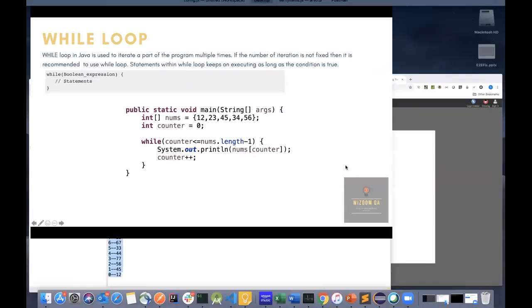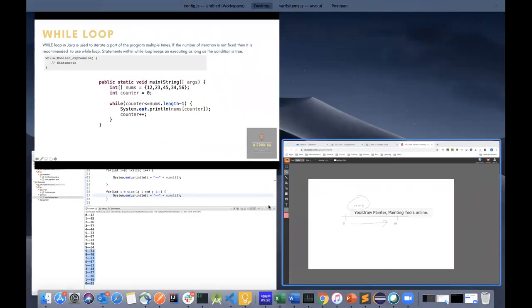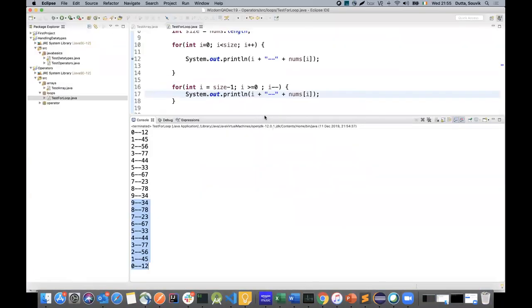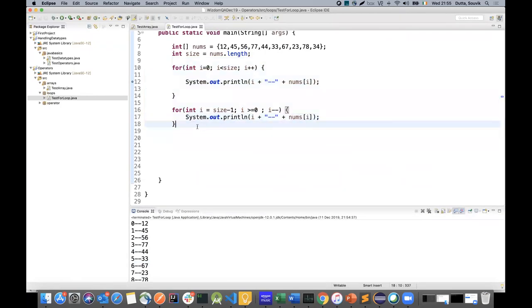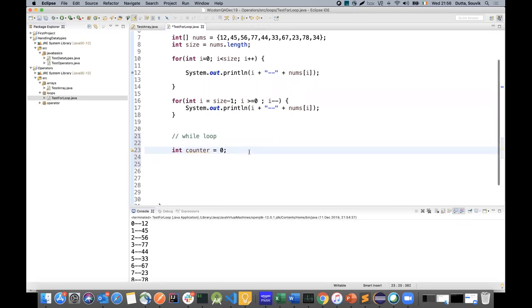Okay, let's look at this guy here. So this is a for loop. We understood that much. I'm going to use a while loop. To use a while loop, I'm going to use a counter, setting it to 0. Okay. And let's try to create a while loop structure. While